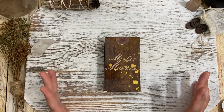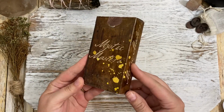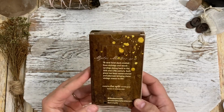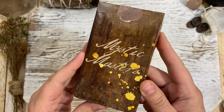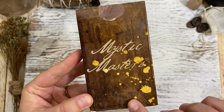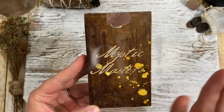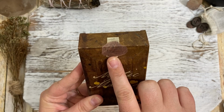Okay, here we go. We have the Mystic Masters Tarot. Oh my gosh, you guys. So I have a very simple tuck box. We have some leather, if you can see. We have some leather book covers that I took for the background. So they're old and weathered. I believe these are from the 1800s. I don't quite remember. As well as a seal from the 16th century